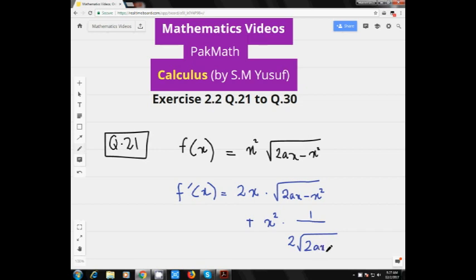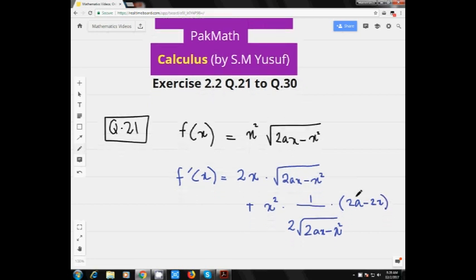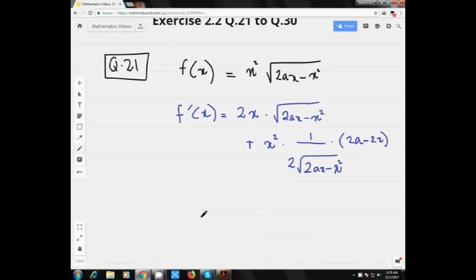Square root of 2ax minus x square multiplied by the derivative of the base. The base is 2ax minus x square, and its derivative is 2a minus 2x. Next you have to simplify it further. It is 2x square root of 2ax minus x square, plus